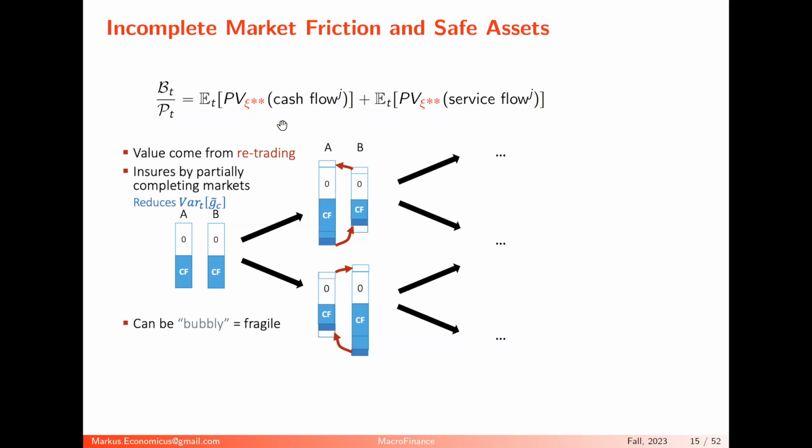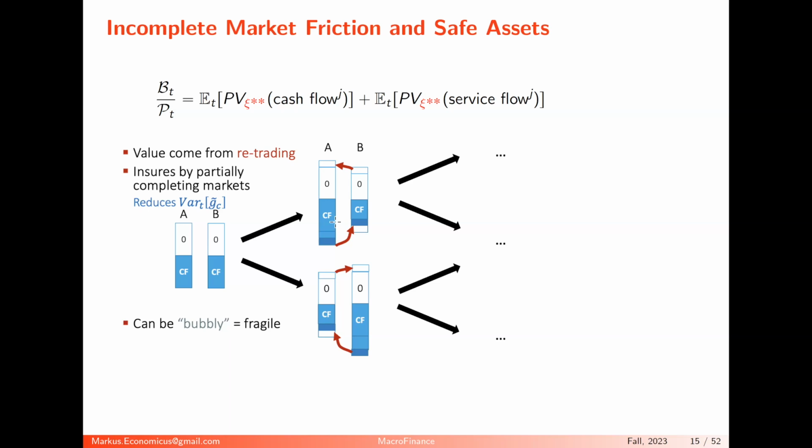Or the US dollar, it's the same thing. Yes. So the US dollar pays zero cash flows. So in this framework, you can think of the safe asset as the US dollar. It doesn't pay any interest. The cash flow is zero, but it helps you to overcome this. You park some of your wealth in US dollars because if there's a shock, you can react to that and retrade and buy some physical.